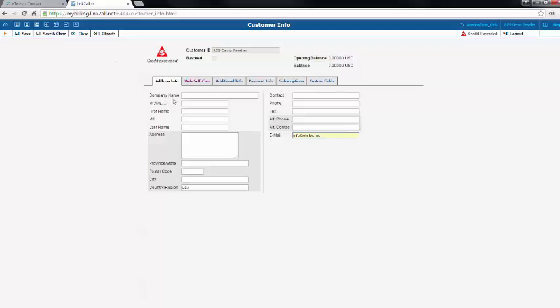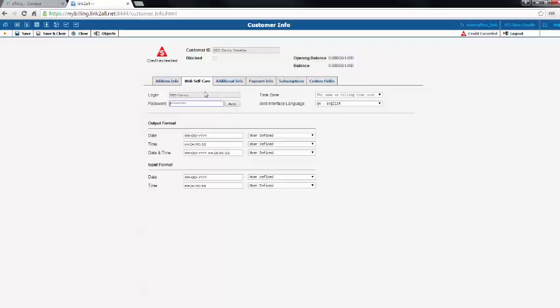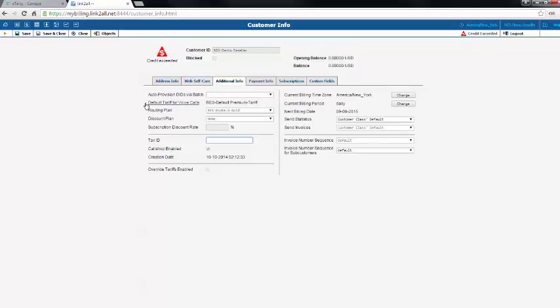The next thing you need to do is the web interface. The web interface is where your username and password are located, and you can change your password at any time. You can click auto, and the system will generate an auto password for you, as you can see, or you can write one yourself. For example, a password you like, and once you click save or save and close, the new password will be saved. The next button is the additional info,